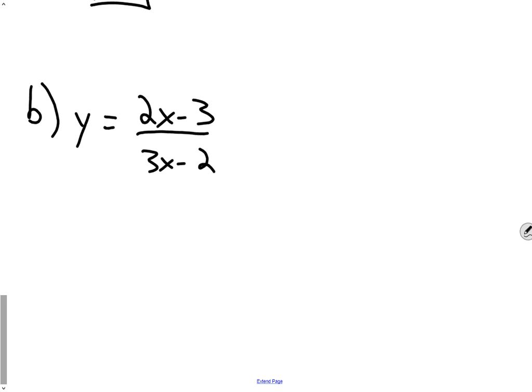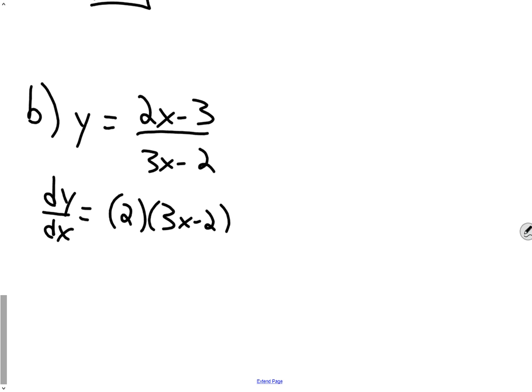And then we get into some other derivatives like sine and cosine, log and stuff. It's not that bad though. It's all like this is the derivative of a sum, so you just do that every time. All right, so we want to take the derivative of this guy. So dy over dx: derivative of the first one, just 2, times the second, minus the first times the derivative of the second, all over